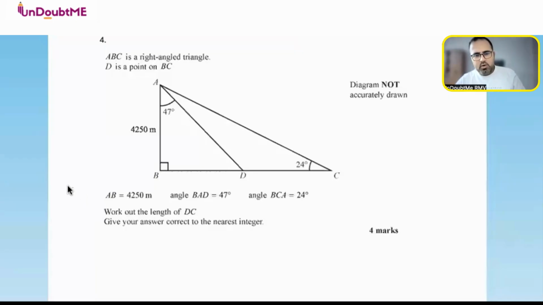Okay, so let us see how we do this question. ABC is a right angle triangle. D is a point on BC. And the values are given as per the diagram we can see. Work out the length of DC and give your answer to the nearest integer. Now to get the length of DC,